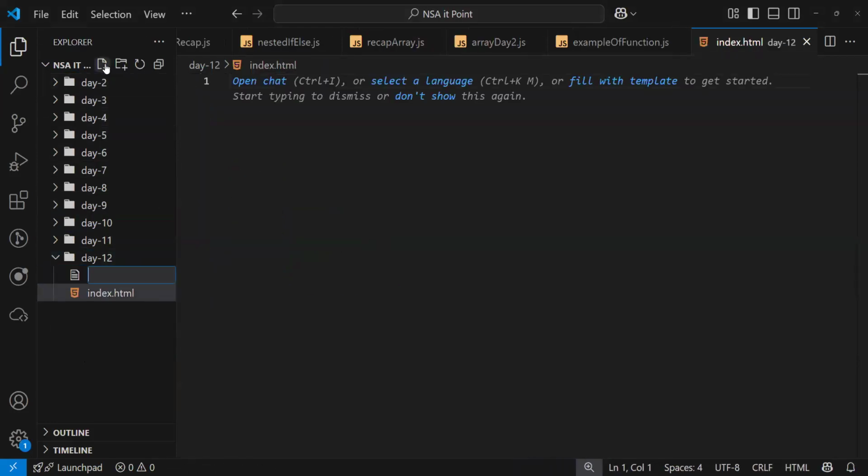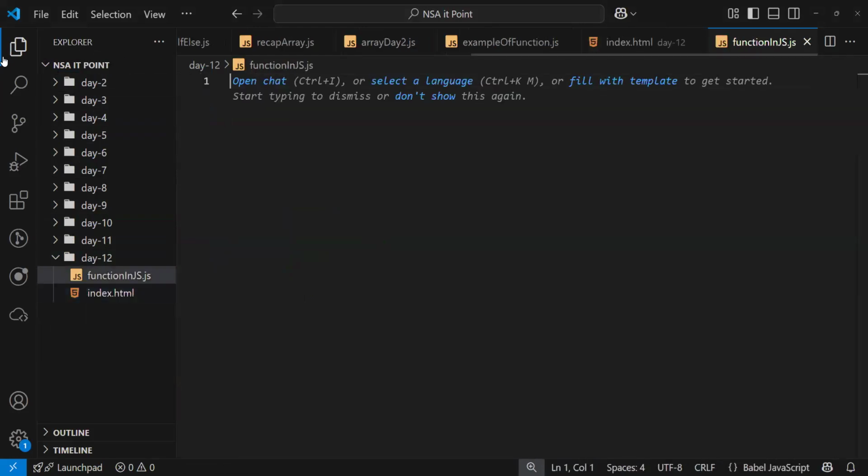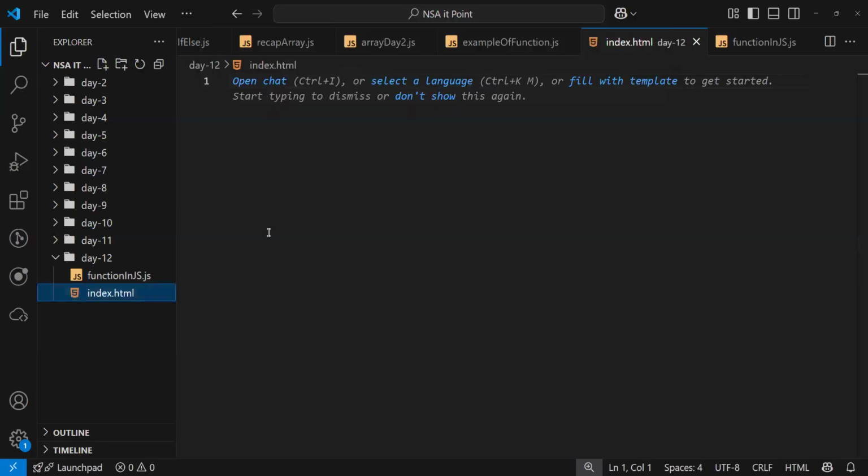Create index.html and function.js. Boilerplate.